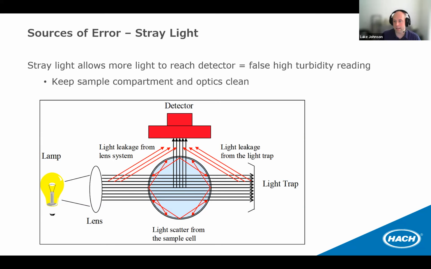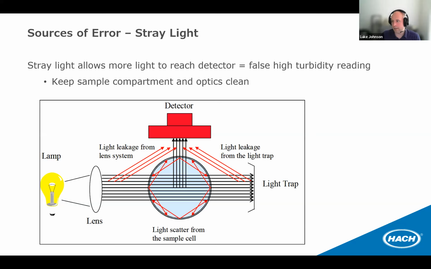The big player in stray light, the big issue is just having a dirty instrument. So it's critical that you don't operate your turbidimeter in a dusty, dirty environment. And if you do, that you clean it or have it serviced, have it cleaned. The lens, the light trap, the lamp, just the internal guts of the instrument just has to be very clean in order to